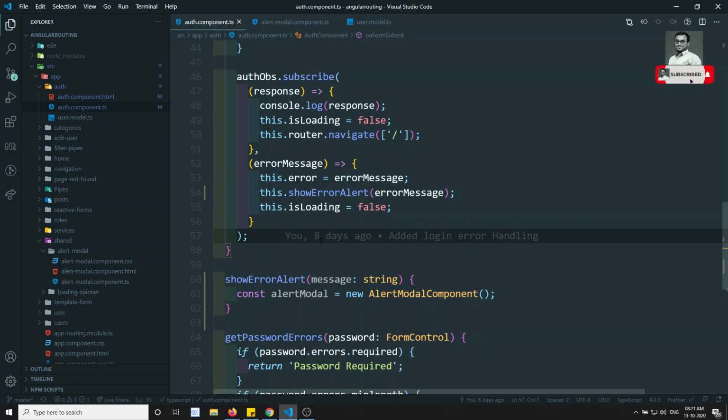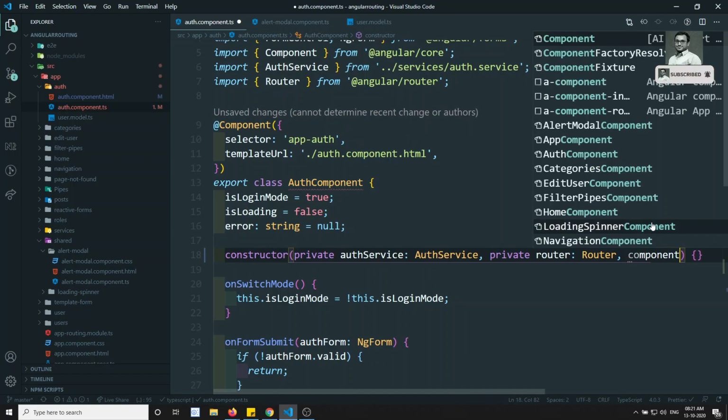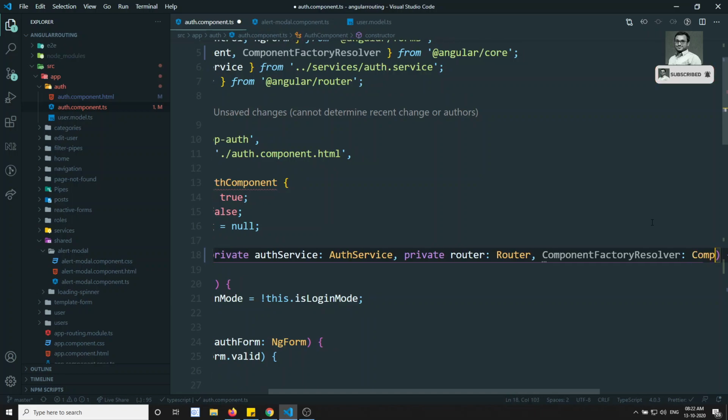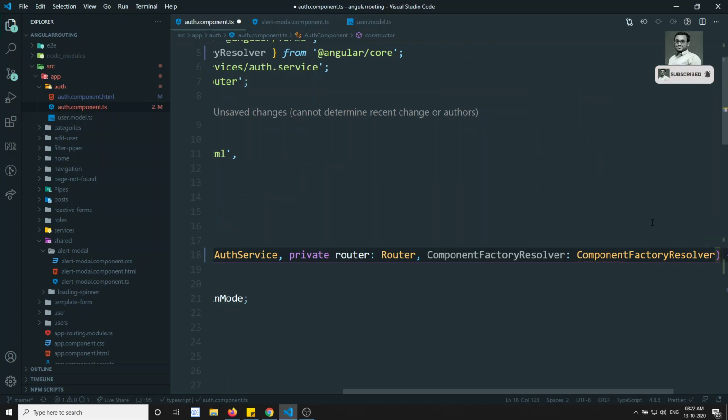So how can we create an object from the component through Angular? We will have a property, that is nothing but ComponentFactoryResolver. This is the name, and it is of type ComponentFactoryResolver. Try to remember this one.